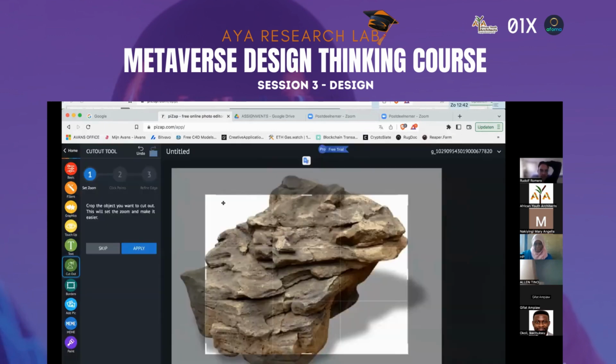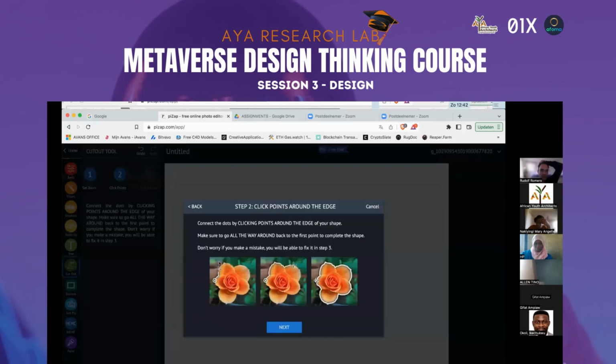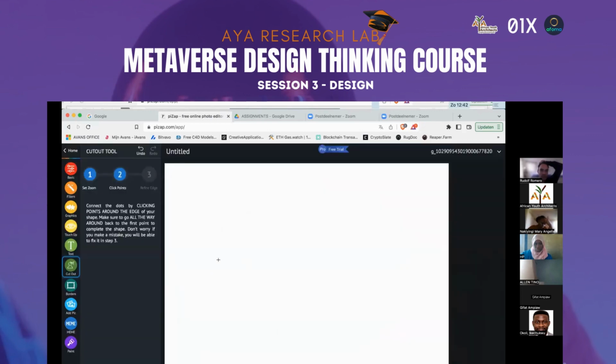Okay. You say how big you want it. And this is all working in the browser, okay? So apply. Next, I'm going to cut it out like I did in the other one. Takes a while.